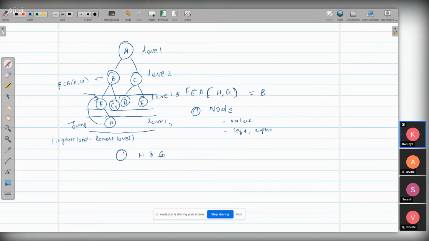we'll look for H and G in the left side of the root. Is there H and G in the left side of the root? Yes, H and G are in the left side of the root. So we need not go through the right side of the root. So we can traverse each and every level and find the common ancestor. That's how I begin. Suresh was directing the steps. So basically, the steps are,